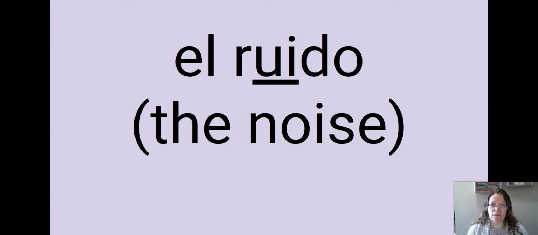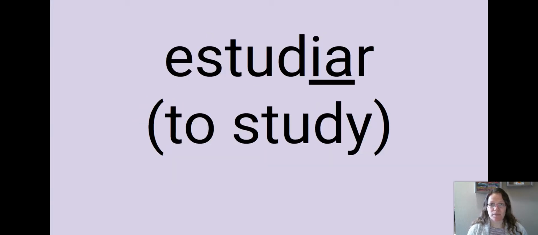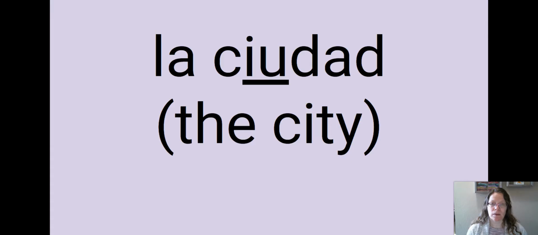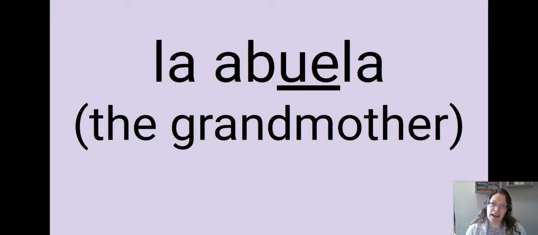oigo, ruido, Europa, estudiar, delicioso, ciudad, cuidar, luego, abuela,